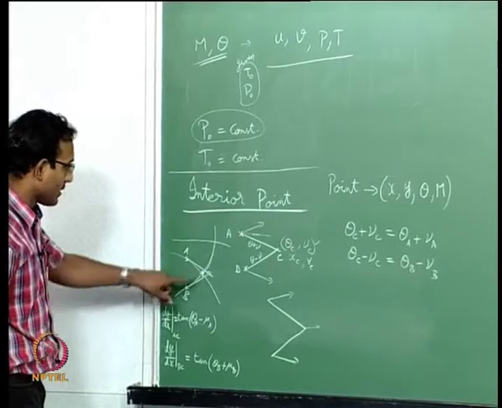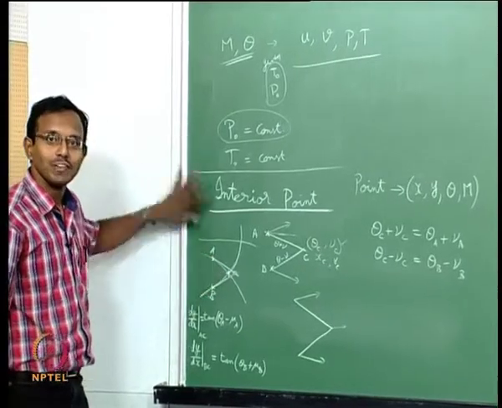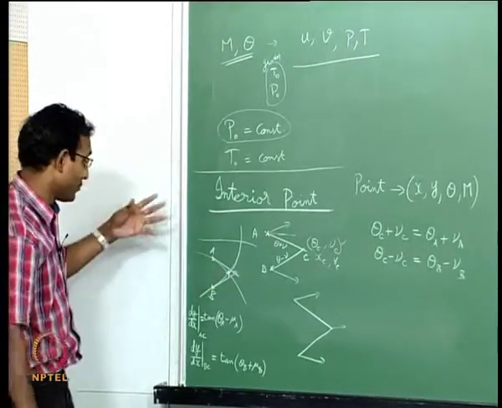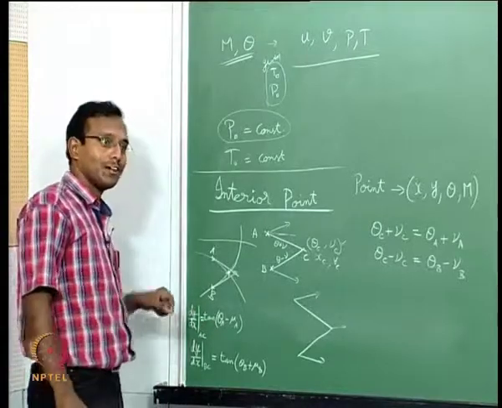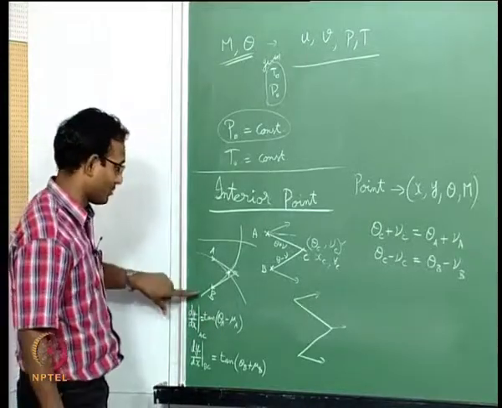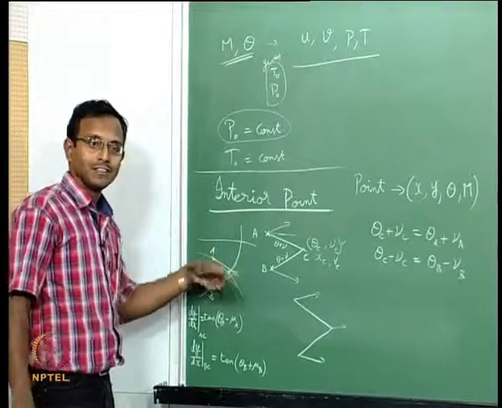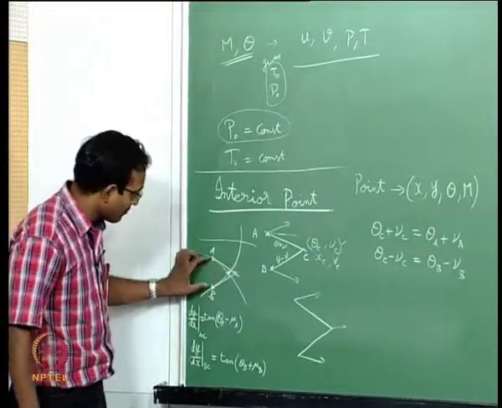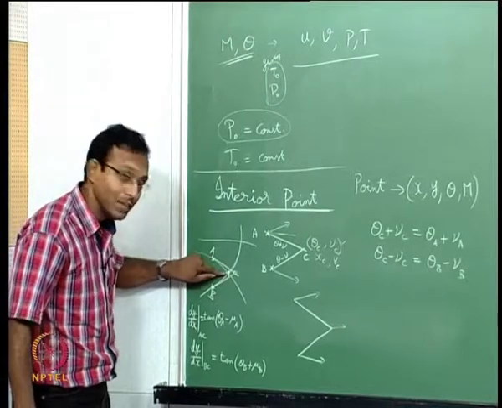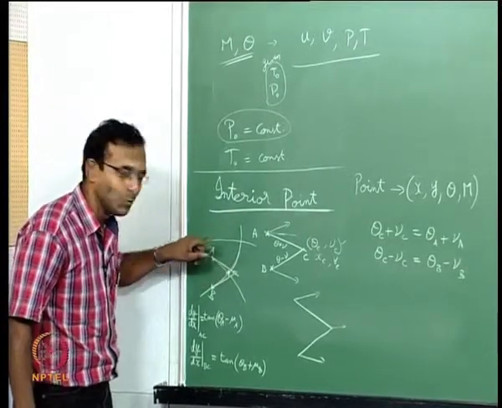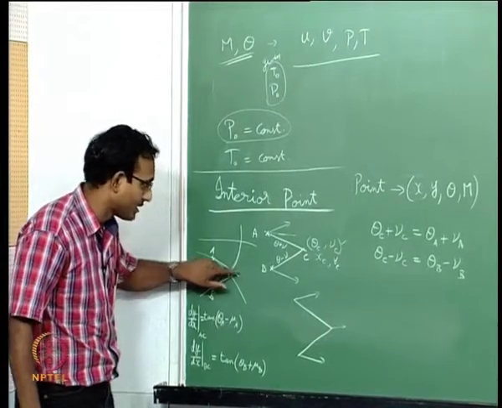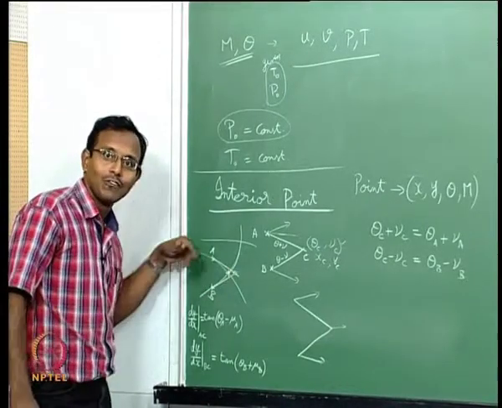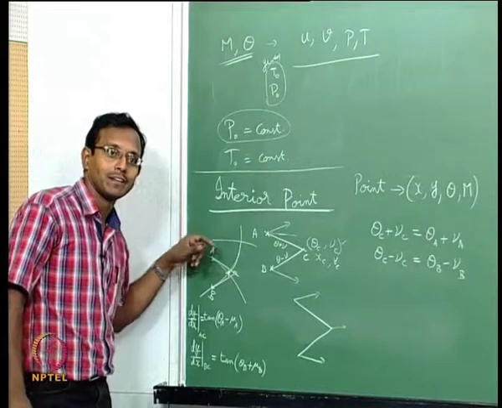This will have some errors if the flow is not very uniform. If the flow is very uniform, this is enough. If you already know beforehand that the flow is not going to have so much change in characteristics, then I can just go ahead and use this. But if there is too much change, then I am putting the theta and nu values which are supposed to be here, now I am putting it there. That means I am already off on where the data should be written.